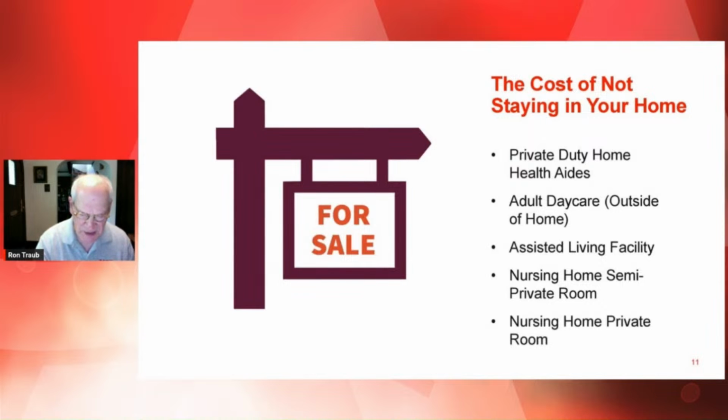So the costs of not staying in your home, and these costs were for Chicago in 2023. A private duty home health aide estimated cost was about $6,500. Adult daycare outside of the home, about $2,100 per month. Assisted living facility, about $6,500 per month. Nursing home with a semi-private room, about $8,600 per month. And then finally, nursing home with a private room,